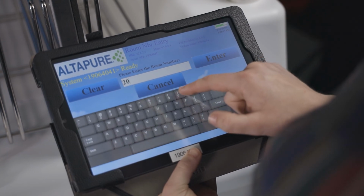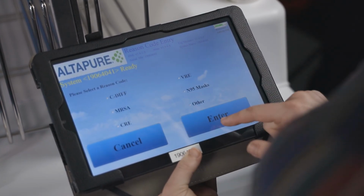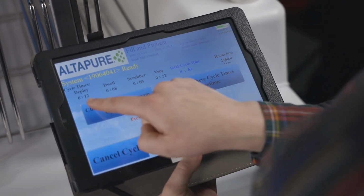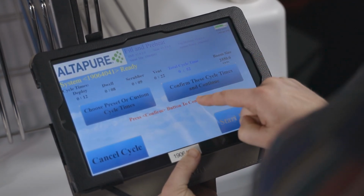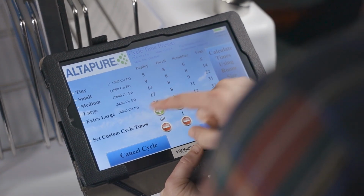Select your reason. This does not change the time of the cycle. It is strictly for data tracking. Then check the cycle times to make sure they are correct and hit Confirm. If the room is not entered in the database, you can enter the room dimensions or choose a preset room